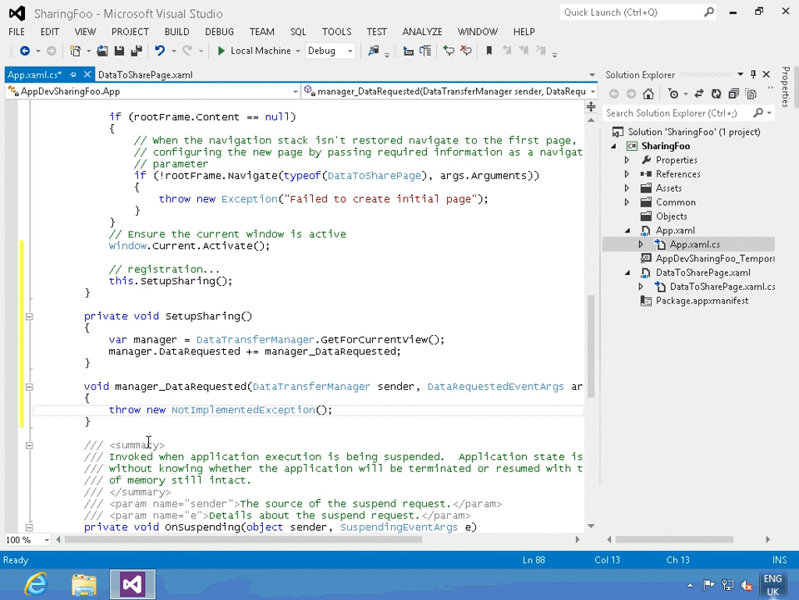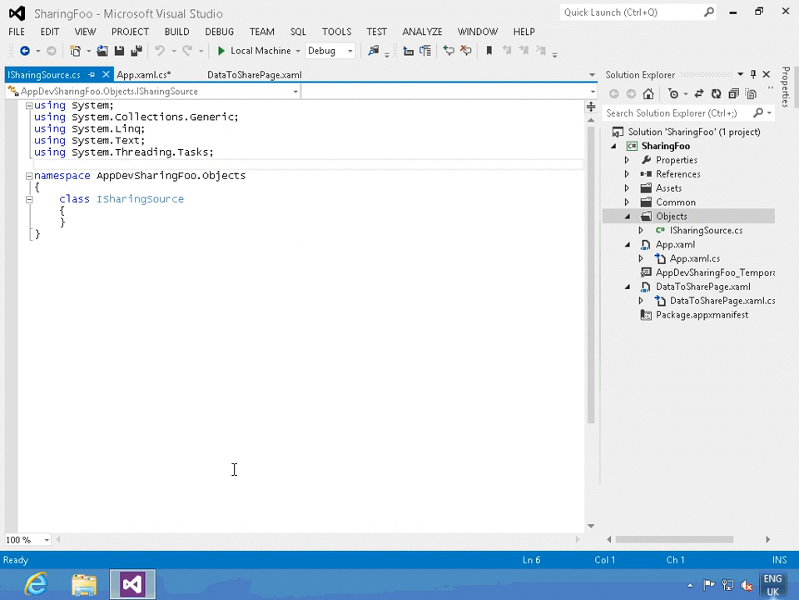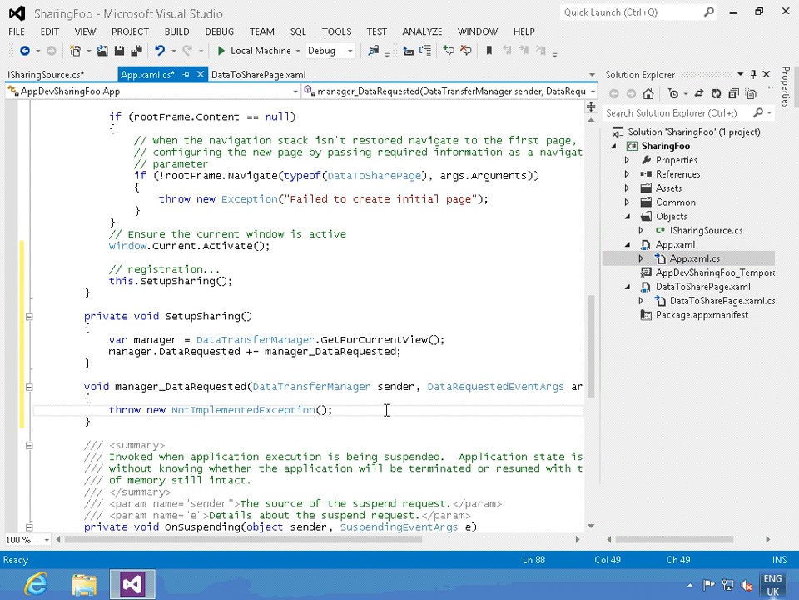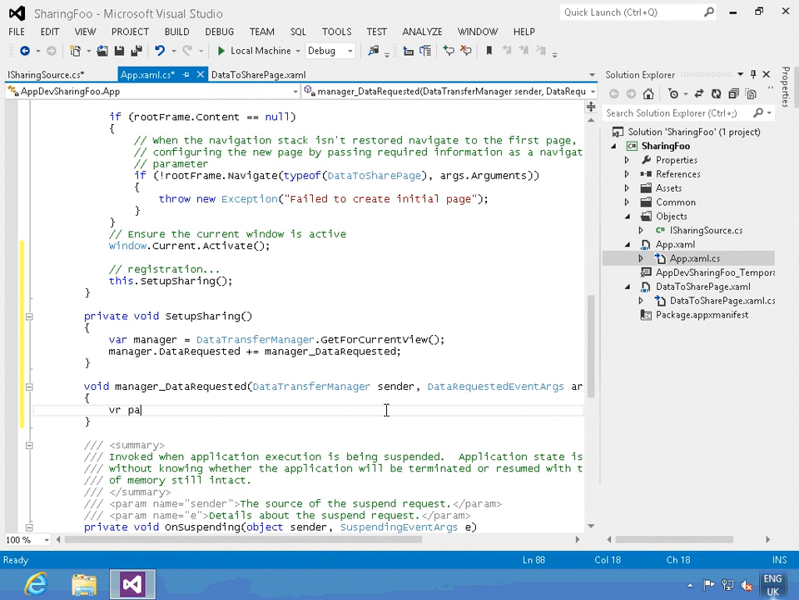What we have to do here is dereference the page which is active, and we're going to do this using an interface. So we'll go into the objects folder, say that we want to create a new class, which I'm going to call iSharingSource. Now, I'm going to trim the namespace and I'm going to say that it's going to be a public interface, and at the moment I'm going to leave it without any methods in it because I'm going to auto create those when we come to use it. Going back to our app.xaml class, what we need to do is dereference the view. So I'm going to create a new method